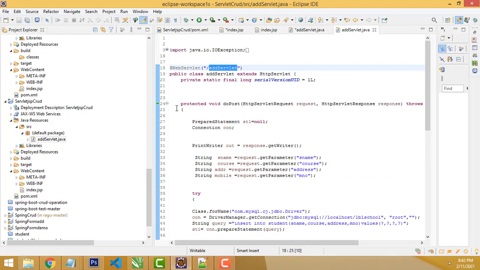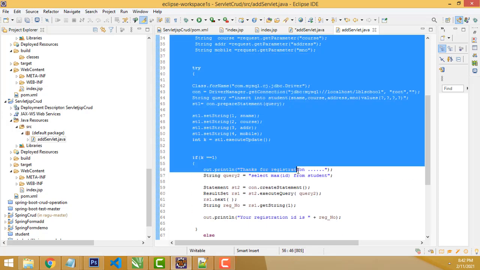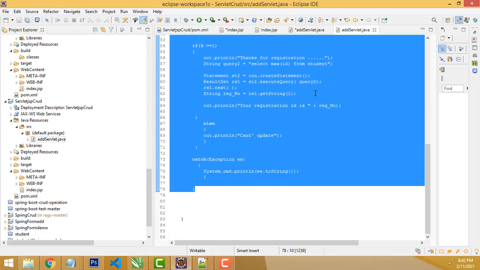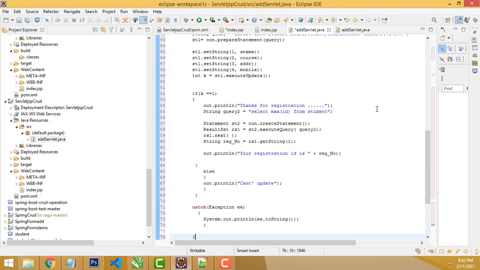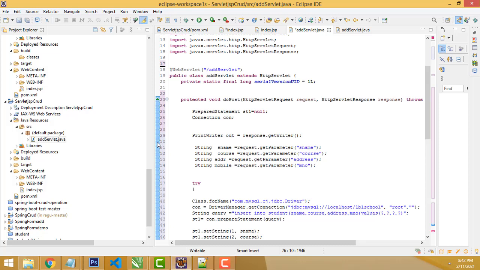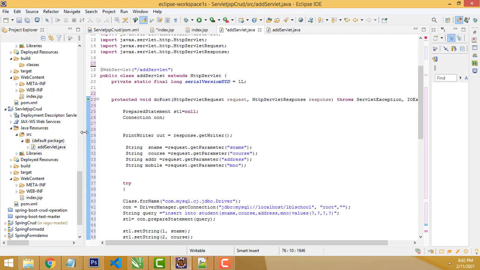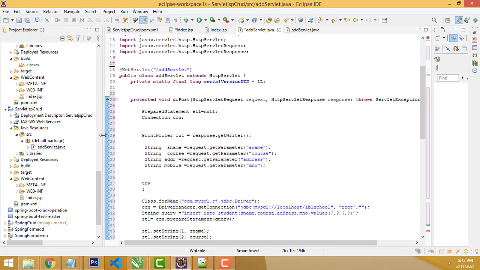Don't worry about all the source code. I will be providing it on my website. If I write step by step, it will be very boring for you all to observe, right? So I have written all the source code myself, and I will copy and paste and explain it.